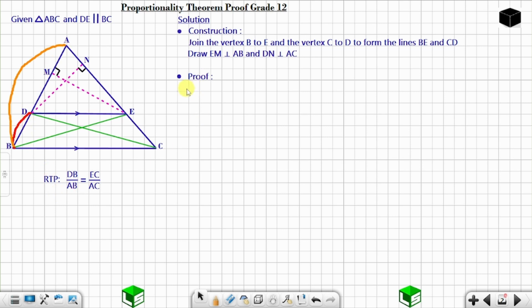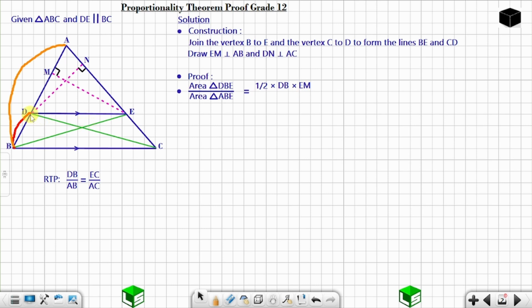So you have the area of triangle DBE over the area of triangle ABE. The area of triangle DBE is